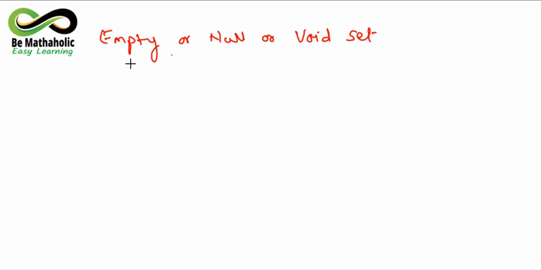उसको हम empty, null और void set कहेंगे. Suppose, and how to represent this will be, the representation of this empty set will be with the Greek letter phi. This is PHI phi, इसको इस तरह से pronounce करेंगे और खाली एक curly bracket बना देंगे. Please remember, इसमें कुछ नहीं लिखना है. The representation of empty or null set is given by the Greek letter phi or this empty set. Now let me explain you through some example.